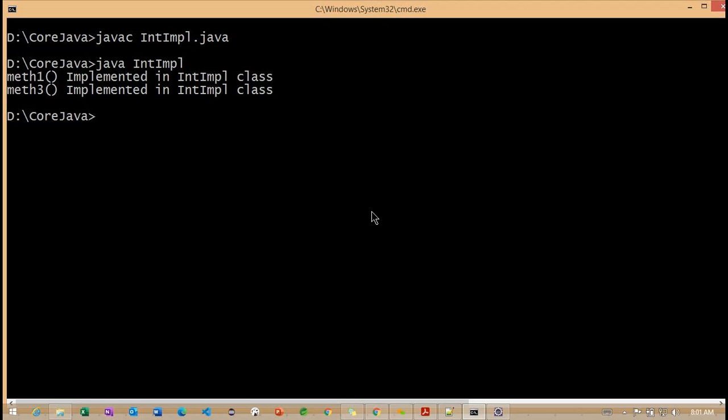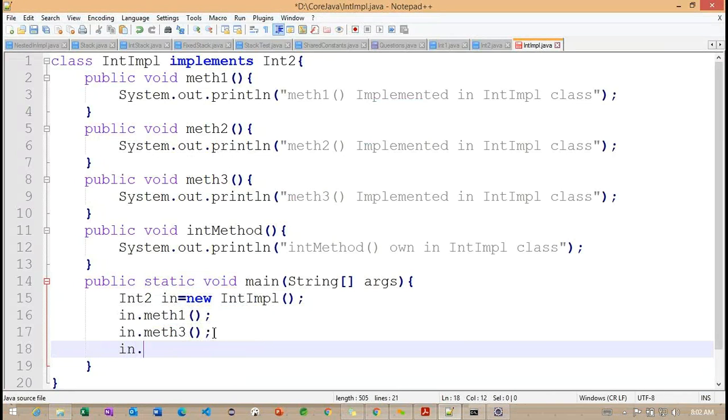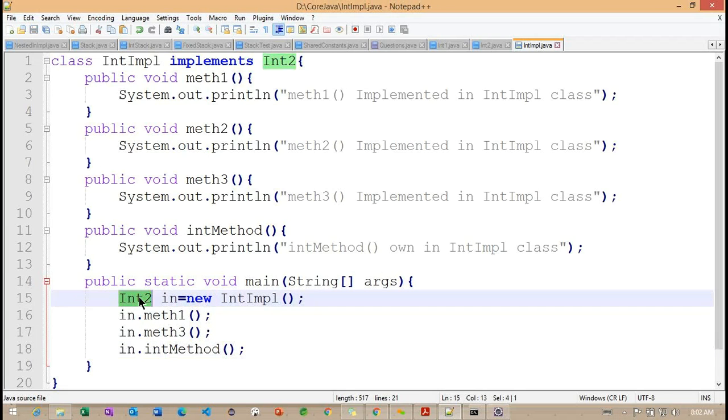But now I want to print this particular specific method, I want to work with the specific method here. Using this interface reference we cannot find the class-specific method. We need to create a reference of the same class, int impl. That is the only option we have.